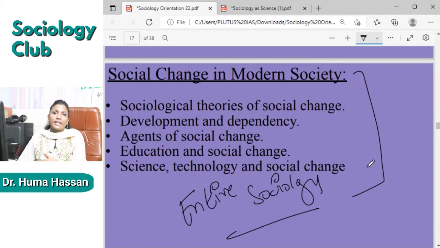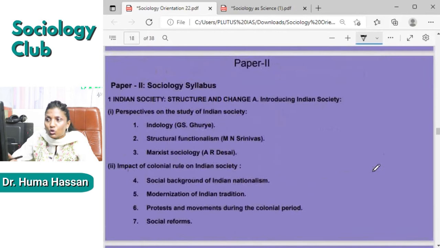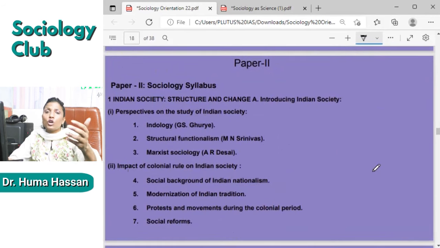So what is your opinion? What can be done? Recommendations, sort of things. So paper two, as I would say, it has to be a very different approach. Do not get confused with the paper two syllabus. Often aspirants come to me and they say, ma'am, please teach me the way you have taught paper one,